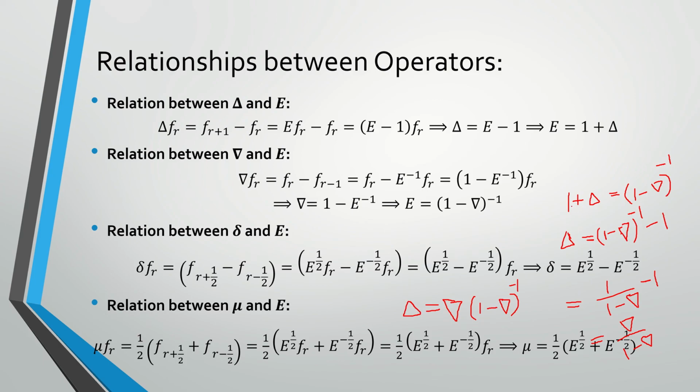ठीक है, अगर आप नेबुला को एक्सप्रेस करना चाहें इन टर्म्स ऑफ डेल तो फिर आपने क्या करना है, ये माइनस पावर इधर से ख़त्म करना है। ठीक है, और इस पावर को इधर लेके आना है इसके ऊपर, because जब एक तरफ से नेगेटिव पावर ख़त्म करते हैं तो दूसरे पे नेगेटिव पावर लेते हैं, और फिर यहाँ से इसको उधर लेके जाते हैं और नेबुला को इधर लेके आते हैं, और फिर आपके पास एक्सप्रेस हो जाता है नेबुला इन टर्म्स ऑफ डेल।